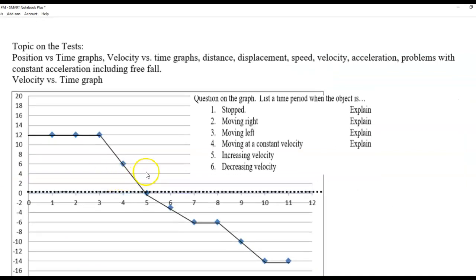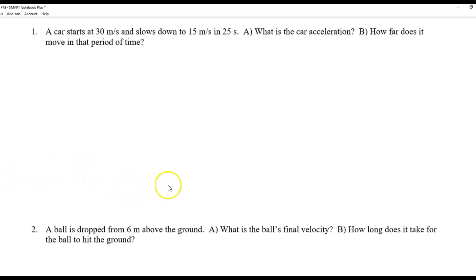Then, again, just more practice. I'm going to skip over this one because I don't want the video to be too long, and I've already answered these on the answers and the material, so you can go through that. It's just the same thing that we just did, just another practice of velocity versus time. So I'm going to jump ahead to the 2 problems that are similar to 2 problems that you'll have on